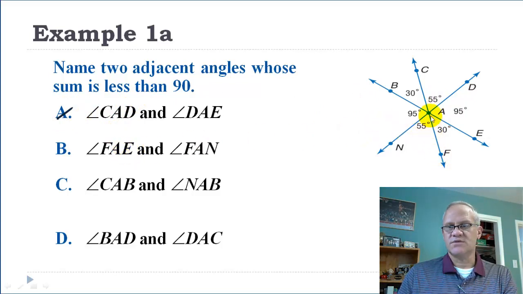FAE. FAE is 30. FAN. 30 and 55 is, looks like that's 85. Is that less than 90? Hey, it looks like this is it. You can check the other ones here if you want to, but CAB is this one, 30, and NAB,